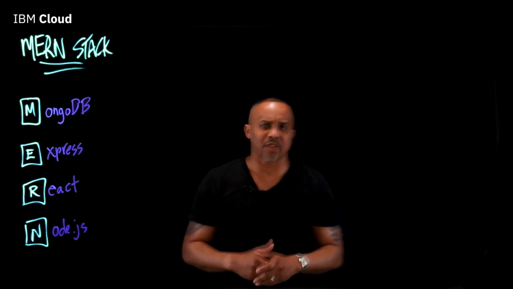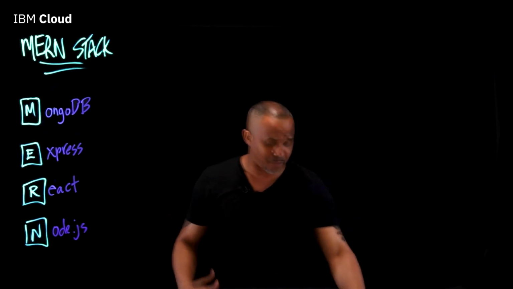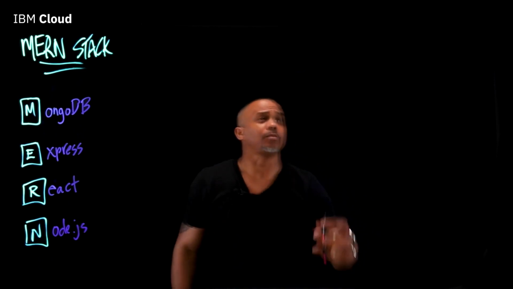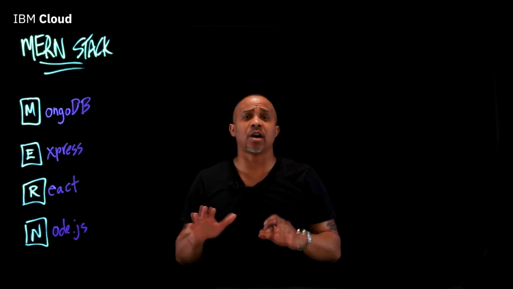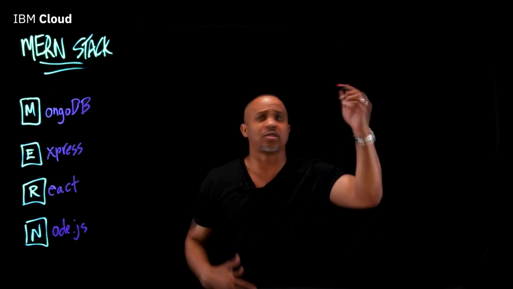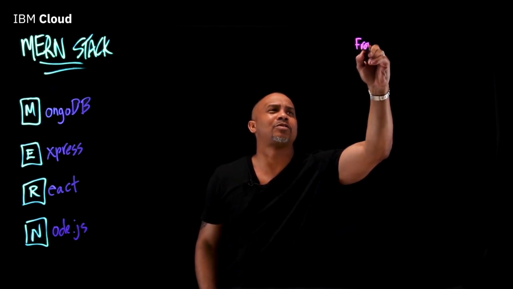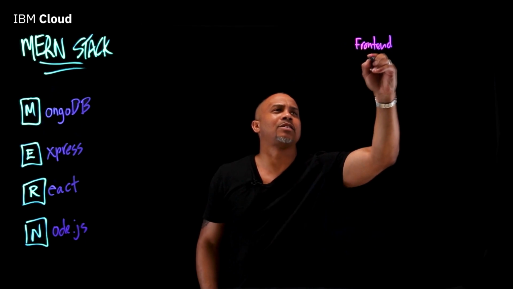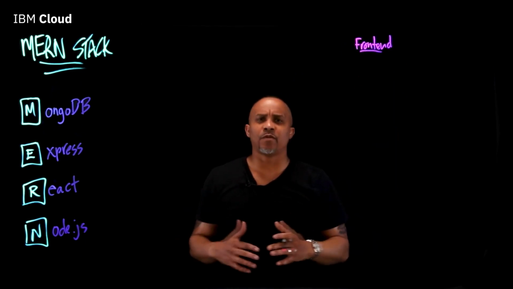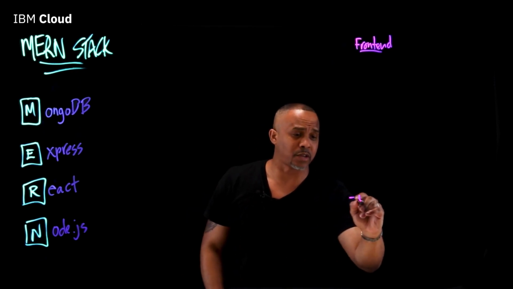Now that we've defined everything, let's show some of the areas I looked at when I evaluated the MERN stack to use it for my applications, why I made the decisions here, and the capabilities that it provides. So first, let's deal with the front end. I'll break these up by front end, server side, and the back end or the database layer. This is how I conceptually break things down in my separation of concerns. So let's say the front end. And what I really look for is the capability. When you deal with Web 2.0, it's really all about the user experience. So let's break that up.